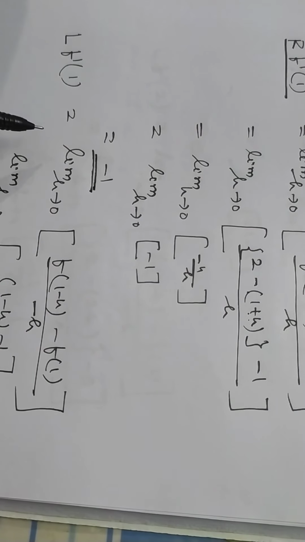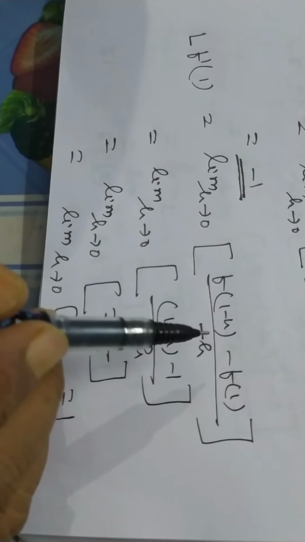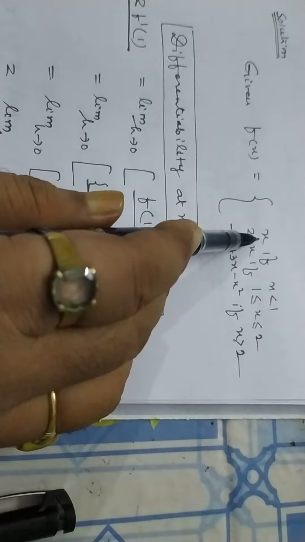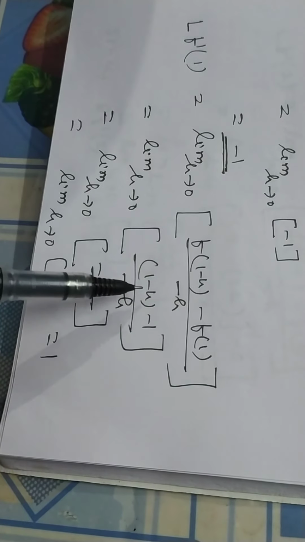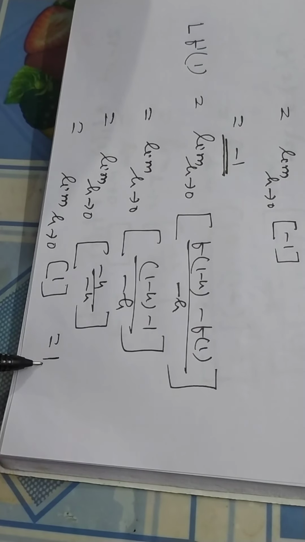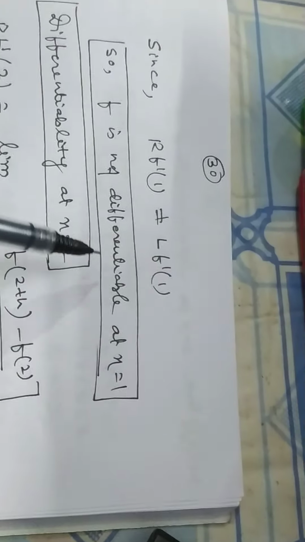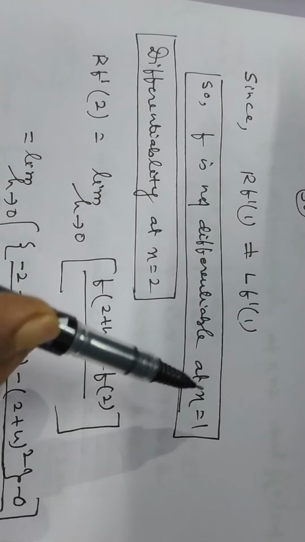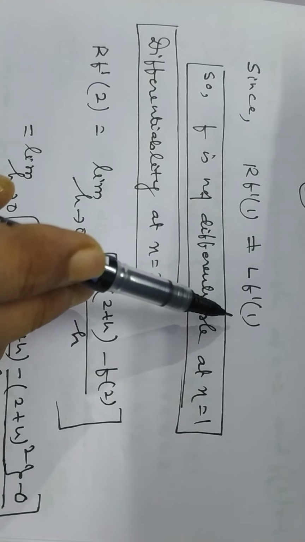And for the value of the left hand side derivative at the point 1, we will take this branch, where the value of the function is x. So we put (f(1 - h) - f(1))/(-h) = (1 - h - 1)/(-h), and this will be 1. So my dear students, what do you observe? We observe that the function is not differentiable at x = 1, because the right hand side derivative at 1 is not equal to the left hand side derivative.